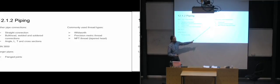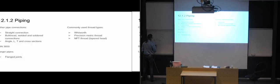Now for Whitworth, it actually uses 55 degrees. So you can't put a Whitworth nut on a metric bolt. It's not going to fit. You won't get anywhere with it. But with using the 55 degrees, it allows the Whitworth profile to be sort of more shallow, so it doesn't have that much height there, and that's a positive thing when you're putting it on a pipe, because the pipe is hollow, so you don't have all that much material to start cutting your threads